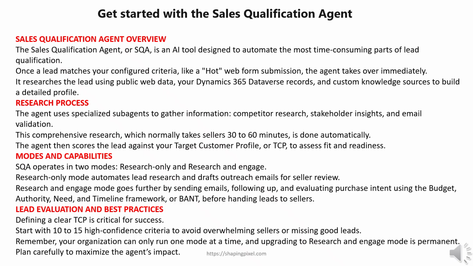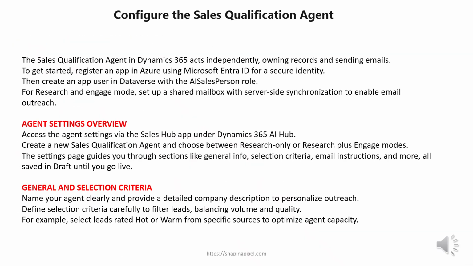detailed profile. Research process. The agent uses specialized sub-agents to gather information: competitor research, stakeholder insights, and email validation. This comprehensive research, which normally takes sellers 30 to 60 minutes, is done automatically. The agent then scores the lead against your target customer profile, or TCP, to